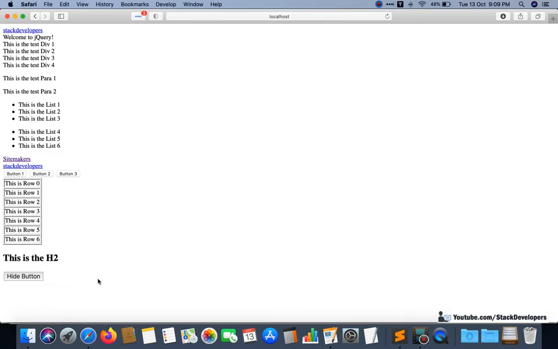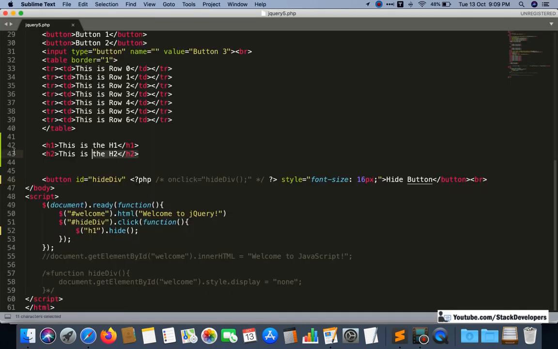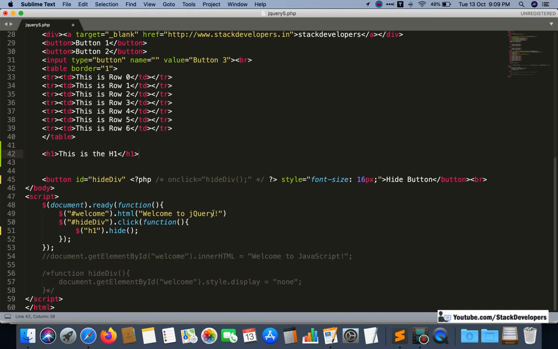Okay, so it is hiding, like this is the h1 hide button, it is going away. So see, this is the click event, like I'm telling you that on the click of the button, this h1 is going to hide, okay. So I will remove here s2 as well, okay.